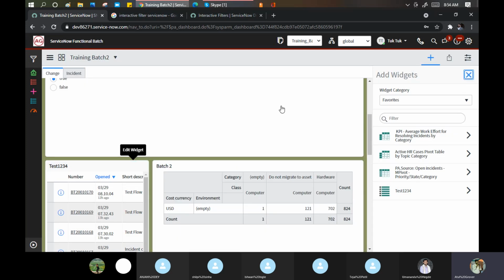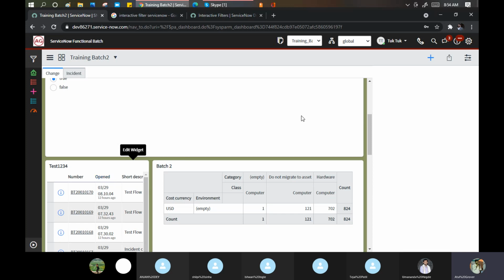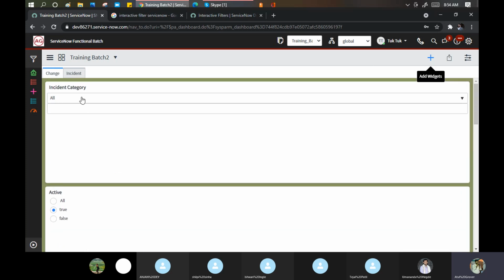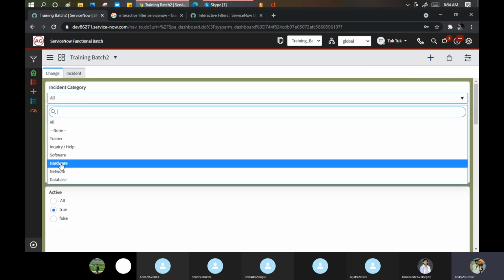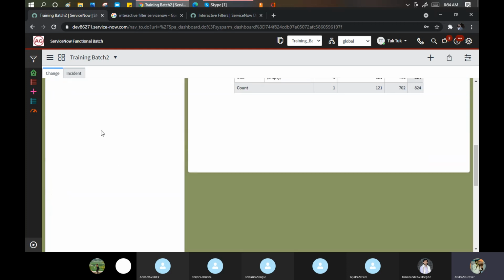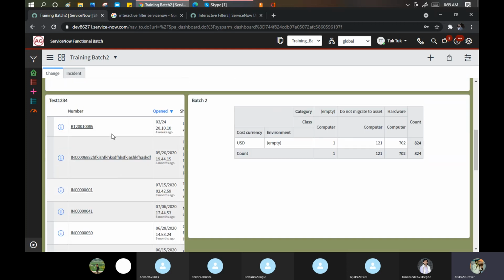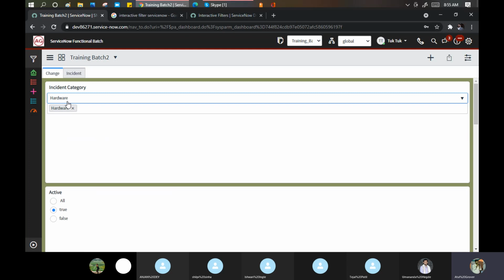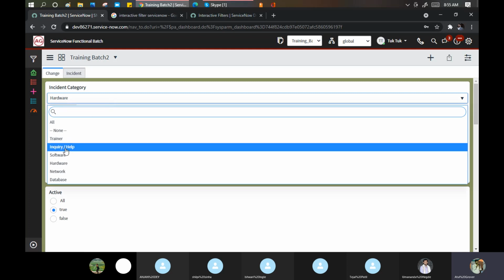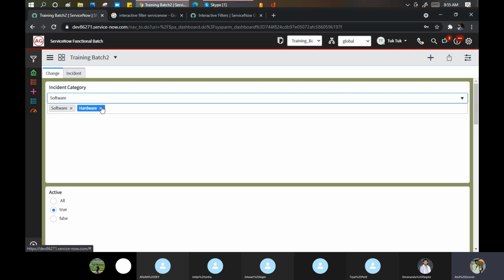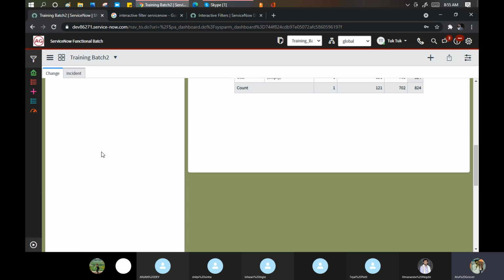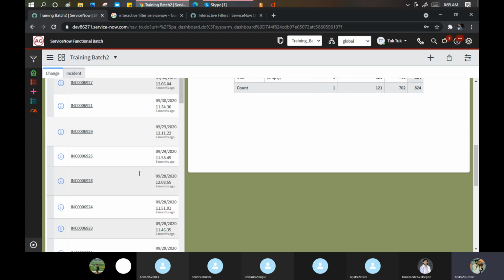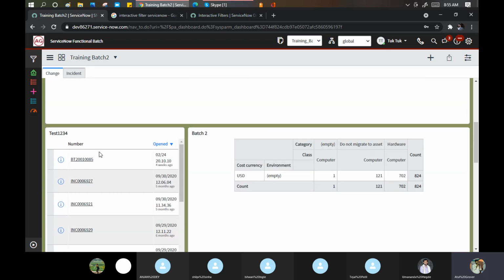Now let's see if I can get something on the filtration part. Yes, it's working now. So I can put software. I can say, okay, remove hardware, let's put software. My results are coming here. You can see, right?